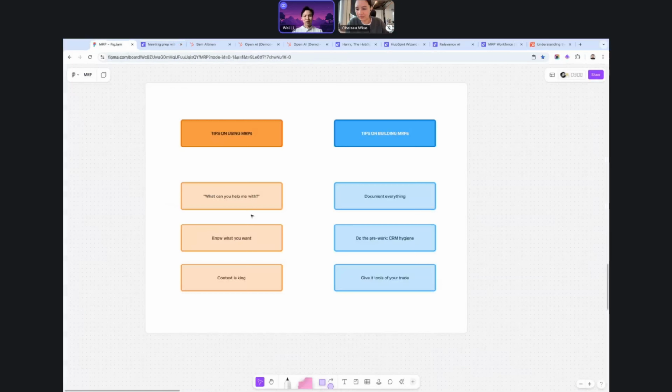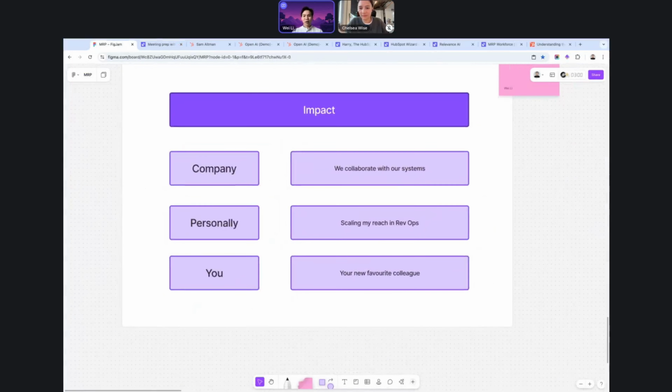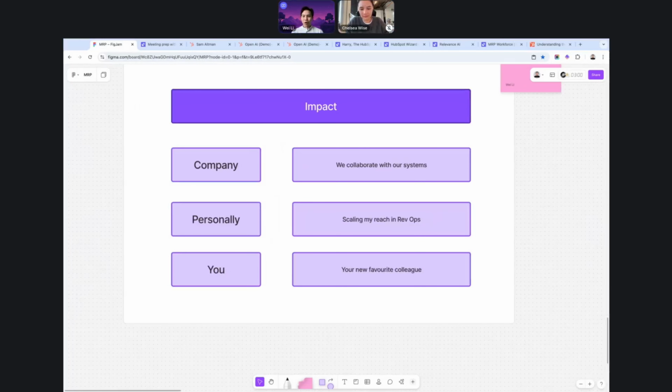So all the best using HubSpot, Harry, MRPs, and agents. There's a lot of things you can do, but I'll close on this part, impact. For us as a company, I think this has been a game changer because we're now collaborators with our agents and our systems. We're not just users, we're collaborating with it. It's living, it's breathing, it's doing things on behalf of us. It's coming back with results, and we're doing things like creating slides with it. If it's not doing the job well, we give it feedback. It's a much more collaborative way of working with your systems.